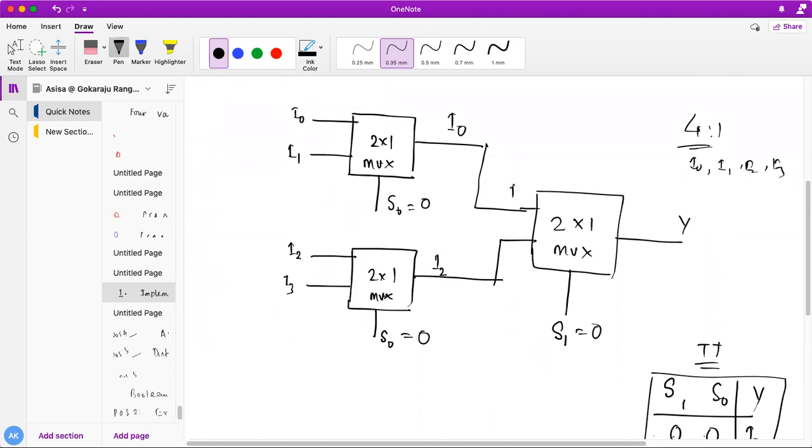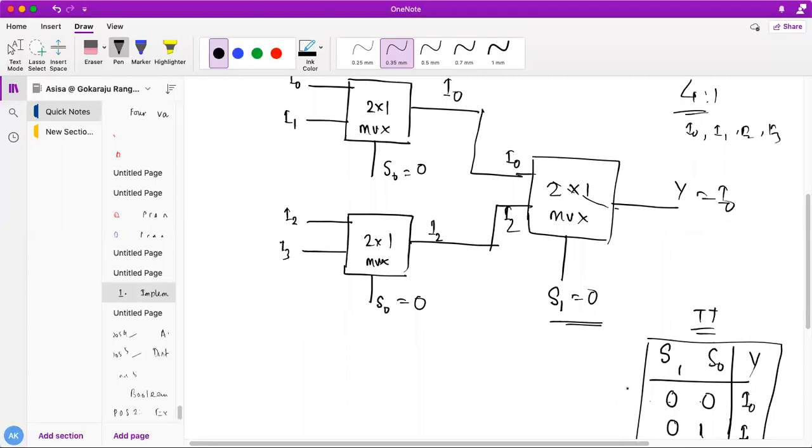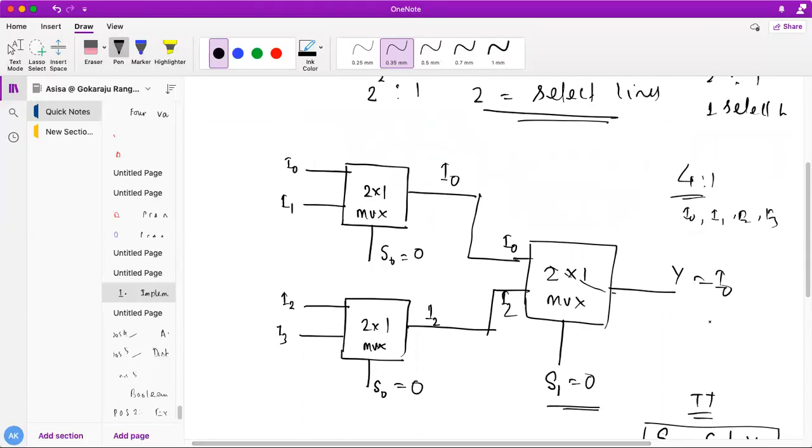So now I have I0 and I2 here. S1 is 0, so it will select my I0. In my truth table for the 4:1 mux, what is there for 0 0? I0 is the output. Have I got I0 at the output? Yes, obviously. Now you can check different combinations.